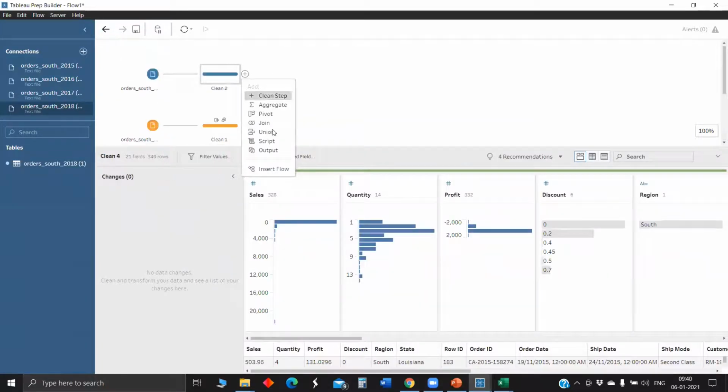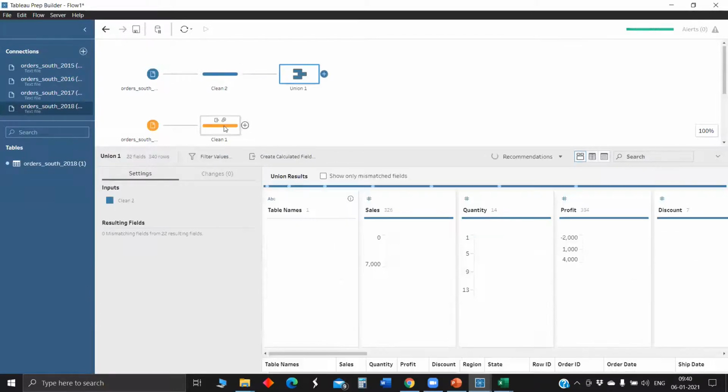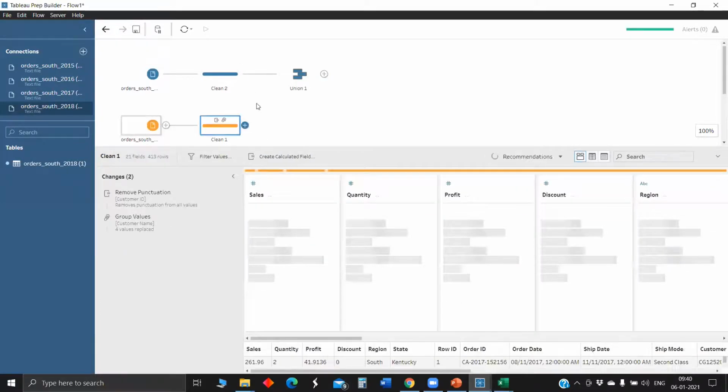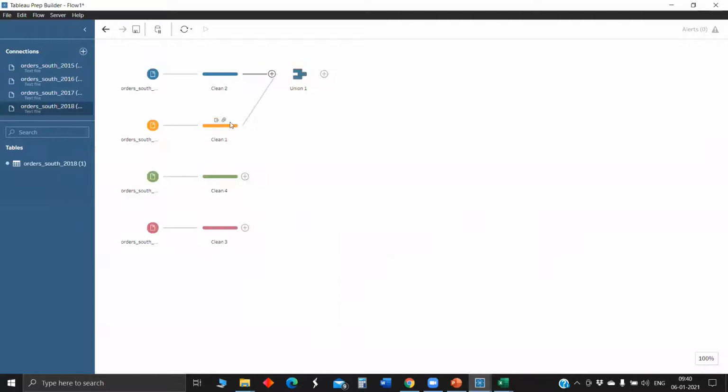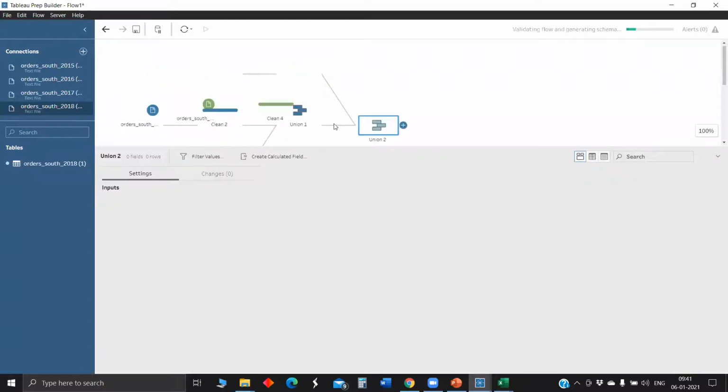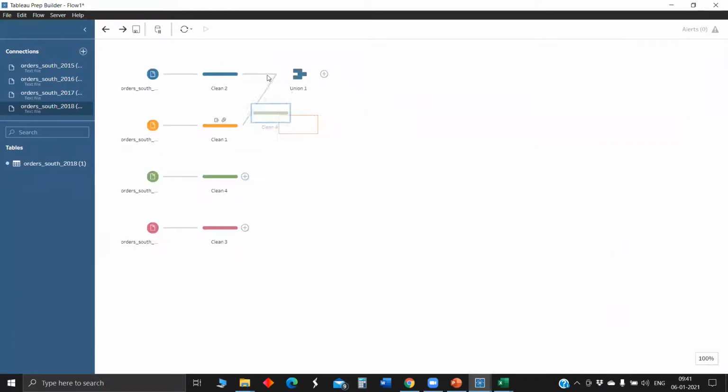So now we will add a union. In order to union this Order 2016 with that, directly drag it, and instead of dropping on the union, drop it on Add. In that case this file will be added to this union. If you drop it on the union itself, a new union will be formed with the existing union. Currently, if I drop it on the union which is displayed, Union 2 will be created with this. To avoid that, while dragging, be conscious and pull it near the Add, so this data source will get added to the existing union.